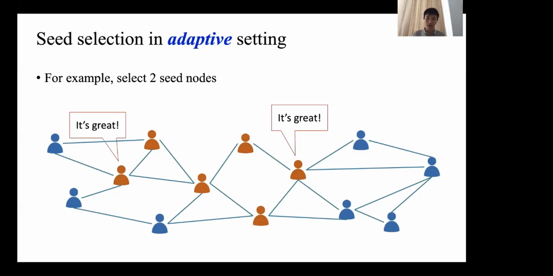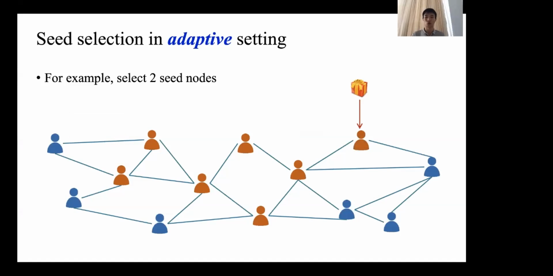Based on this feedback or observation, we select the next seed user. In this case, we select this one and observe who will be influenced. So by our adaptive algorithm, a total of 8 users are activated, much more effective than the non-adaptive